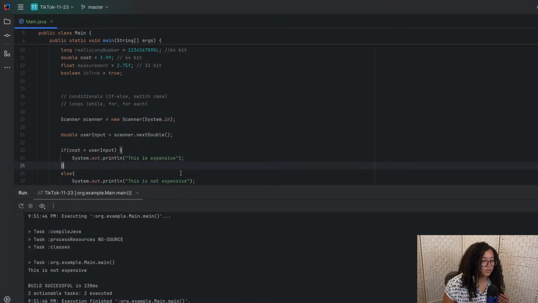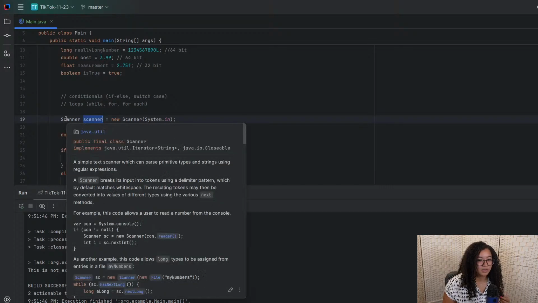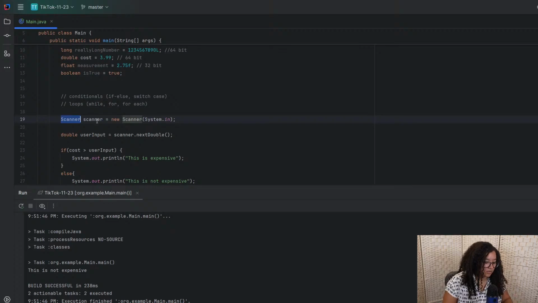Why not scanner equals new Scanner? Because this is where you're declaring the data type, and this is the variable name. So in Java, you have to declare the data type. Here you could just put var because it would infer the data type, but otherwise it would be